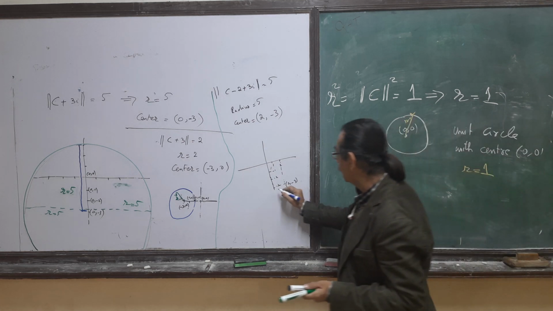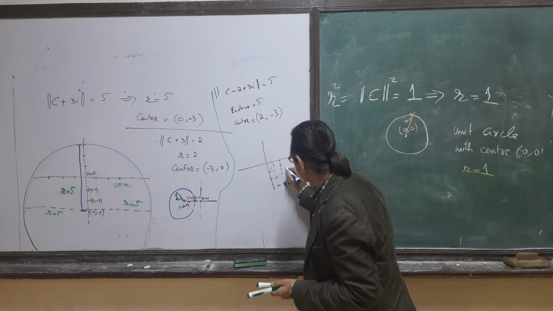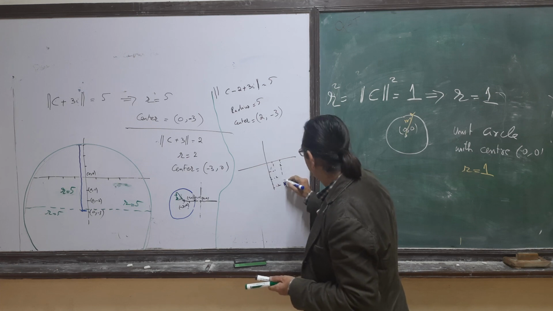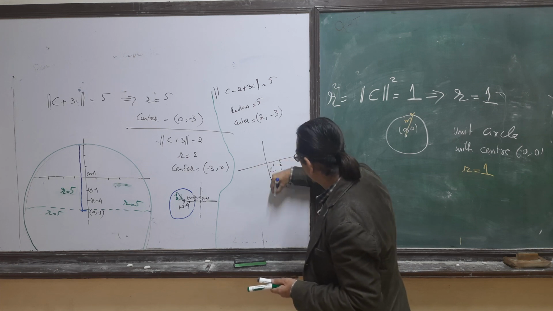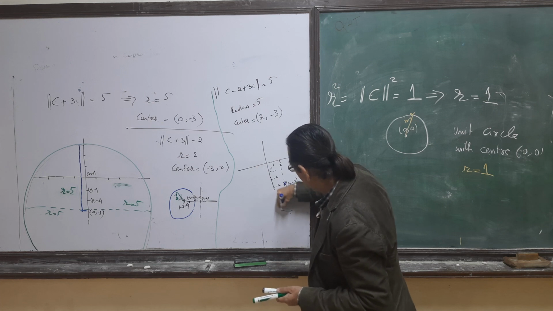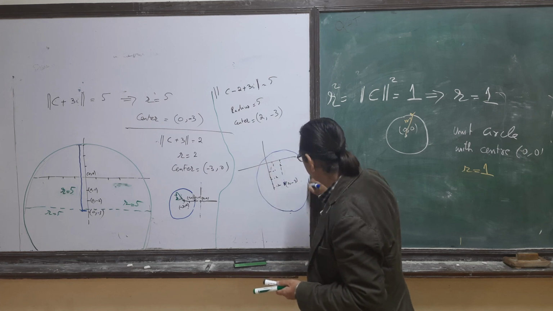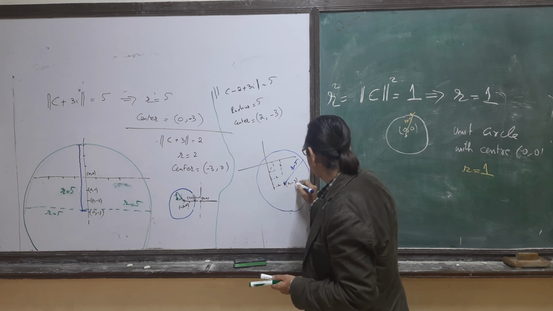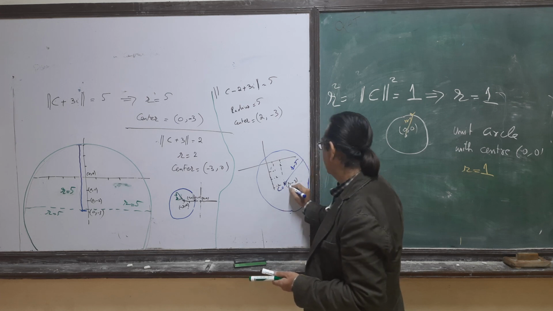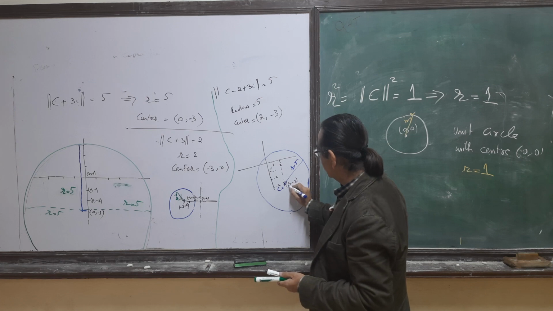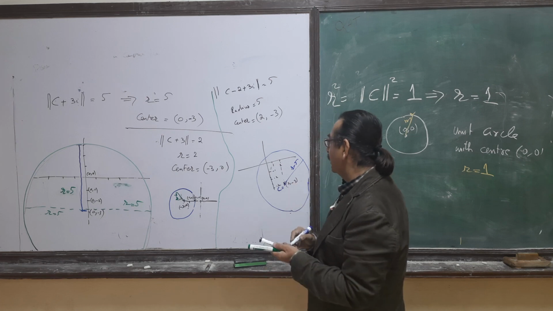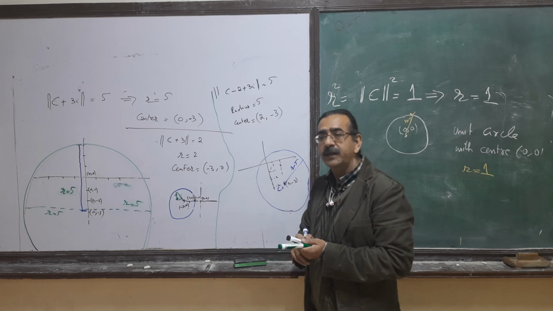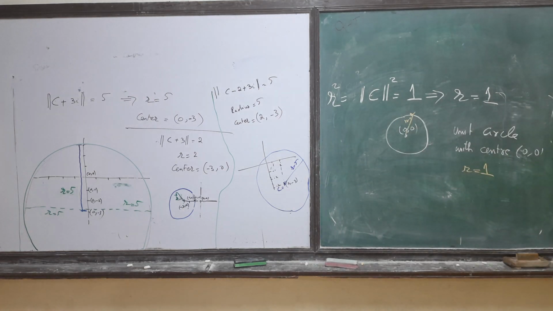This will be the central point, and the circle will be of radius r equal to 5, and this will be the central point. Along the x-axis it is 2 and along the y-axis it is minus 3. Okay, that's